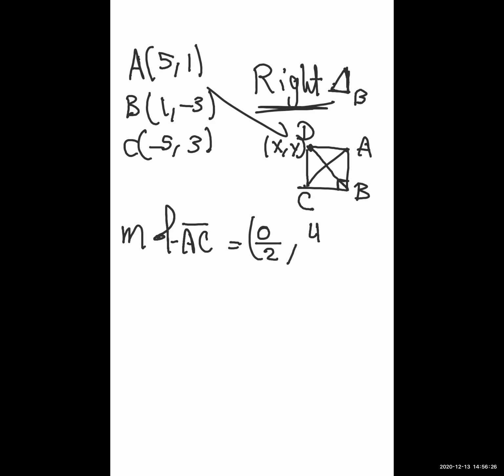So 4 over 2. Now the midpoint of AC will equal (0, 2). Okay? Now guys,